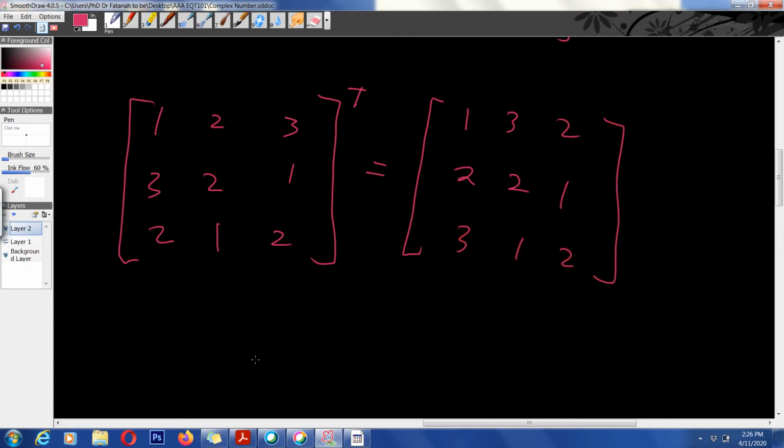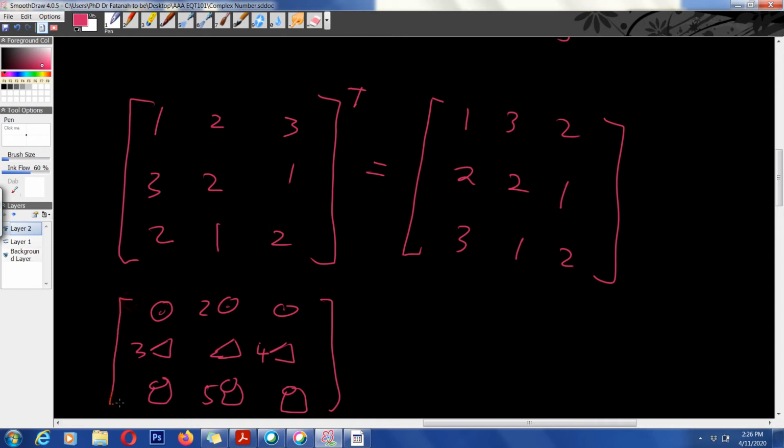This is the transpose. Okay, for example, we have here a donut, and then we have a cake, and a T. We have two donuts, this is 3 cake, this is 4 cake, this is 5 T, and the rest is a 0 or a 1. Alright, so how do we transpose this?